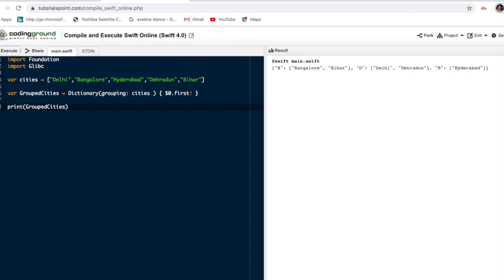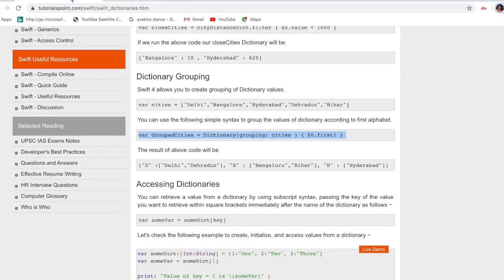What happens is all the values in this array go here, and it will take each and every word, first from Delhi it takes D, and from here B, here H, here D, and here B. According to the alphabet, in ascending order, first it comes B. B letters, there are two, Bangalore and this one, then comma, then the second letter it comes D, then D, Delhi. That way the output will be showing.